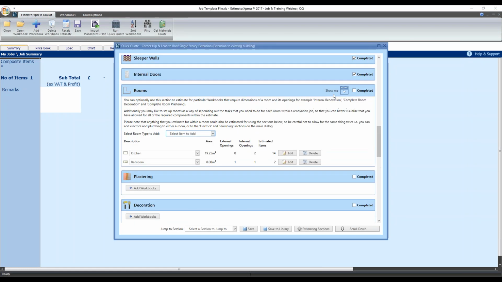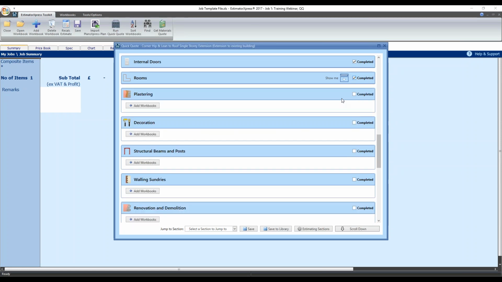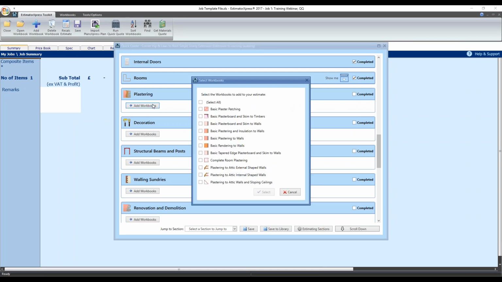Close and done. So I can continue going through the rest of the house, adding in all the other items that I want to be tackling. It's very convenient as well, especially when you do have to do renovation items onto a project. Okay, completed. I'm not going to add any additional plastering workbooks, though if I did want to add in some standard plastering, I can just go into the workbooks traditionally and add in, say,